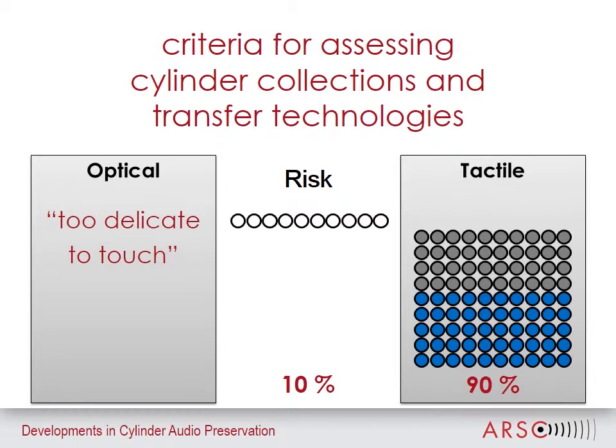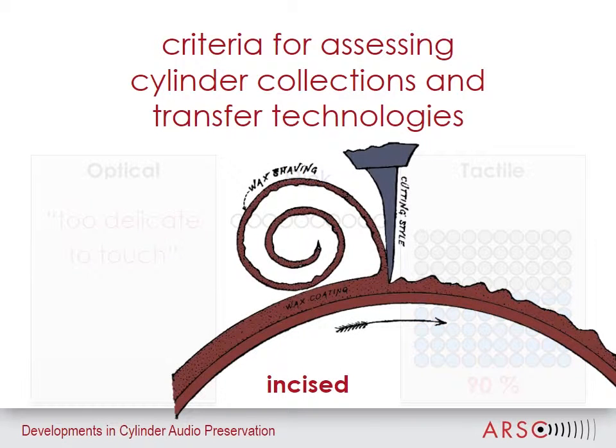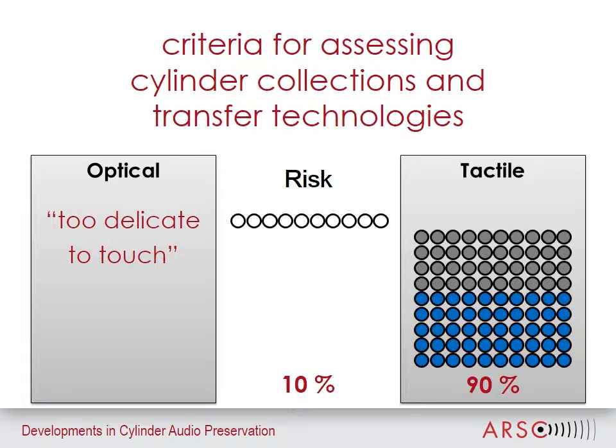So what about the rest of our cylinders? Instead of being molded into the carrier, their sounds were directly cut or incised into the surfaces. Most cylinders of this format are commercial entertainment recordings duplicated at the factory, or duplicated by dealers, or duplicated by pirates back in the day. Major archives have successfully preserved thousands and thousands of these cylinders with tactile workstations, so they're certainly not too delicate to touch with a stylus either. What's left,